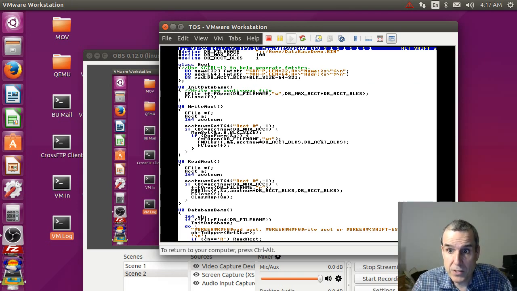All the files have to stay the same size. I think they can grow at this point, but in the future they're not going to grow. With the FAT32 file system, they can grow, but we're going to get rid of that. Anyway, so declare how many blocks,